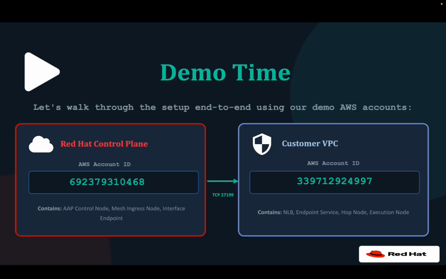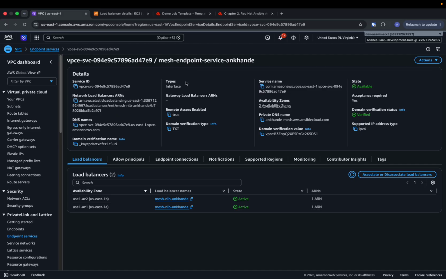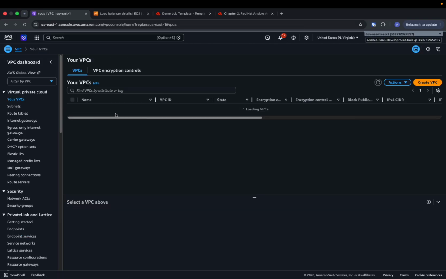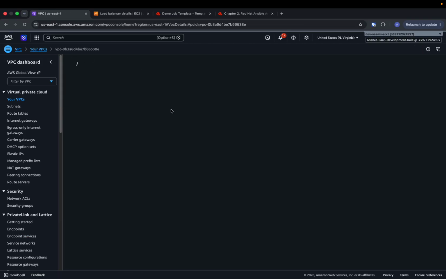Now, for this demonstration, I am using two AWS accounts. The account ending with 468 represents the Red Hat control plane environment, and the account ending with 997 represents the customer environment. As you can see, I have logged into the 997 customer account, and there I created this VPC